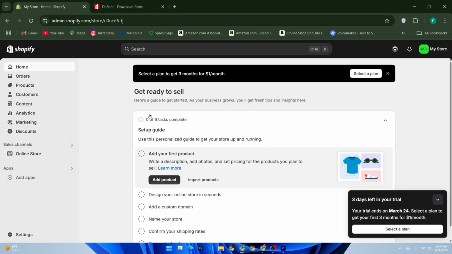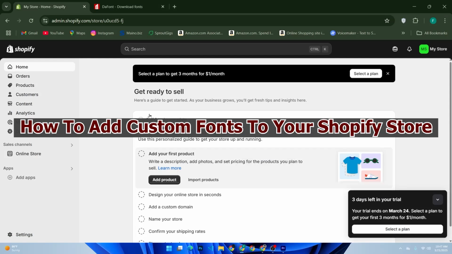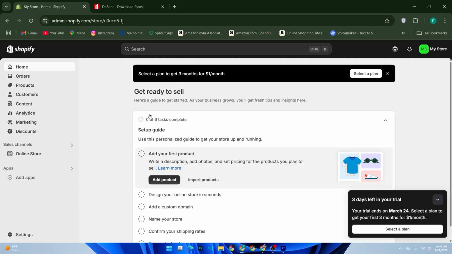Today I am going to show you how to add custom fonts to your Shopify store. First of all, download your custom font. First, download the font you want to use. You can get free fonts from Google Fonts